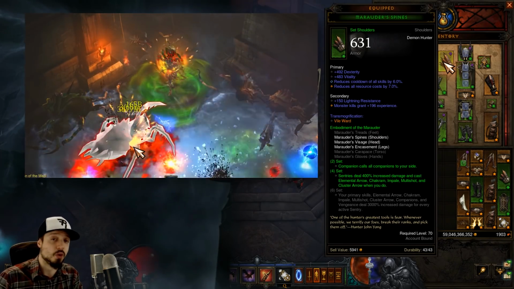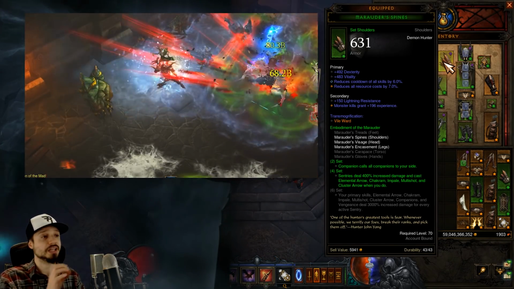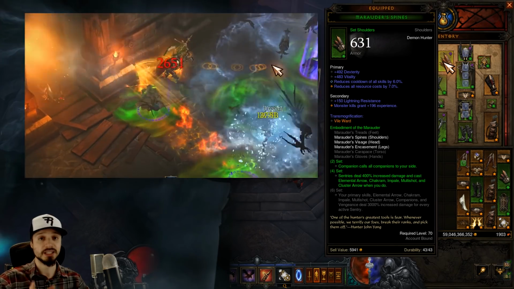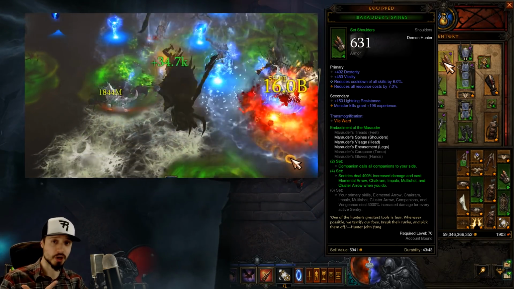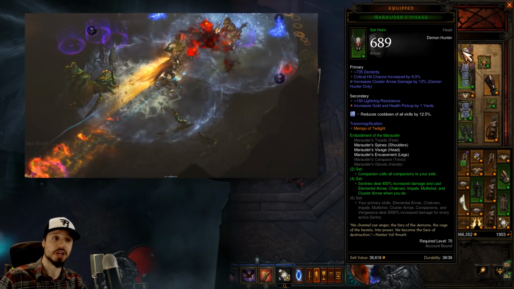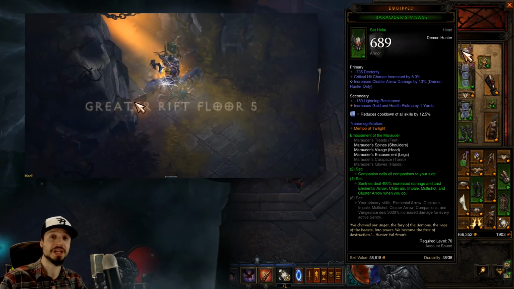Now, as for the stats that you want on every piece of gear, we're going to list off exactly what you want on every piece of gear. My gear isn't fully optimized, but I have a link in the video description to the D3 planner showing your idealized gear. So for your shoulders, you're going to ideally want dexterity, resource cost reduction, area damage, and sentry damage. For your helm, ideally dexterity, crit chance, cluster arrow damage, and the gem in your cube should be a topaz